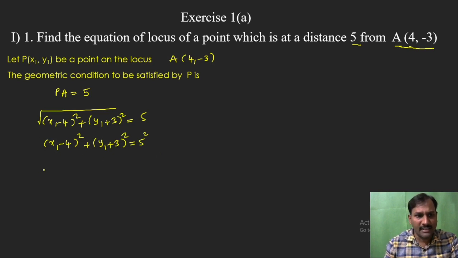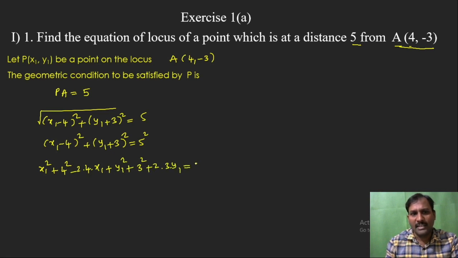So expand this, a square plus b square minus 2ab, that is x1 square plus 4 square minus 2 into 4 into x1, plus y1 square plus 3 square plus 2 into 3 into y1, is equal to 5 square